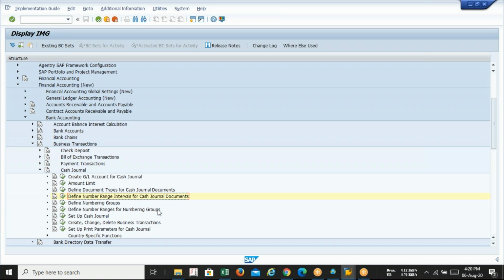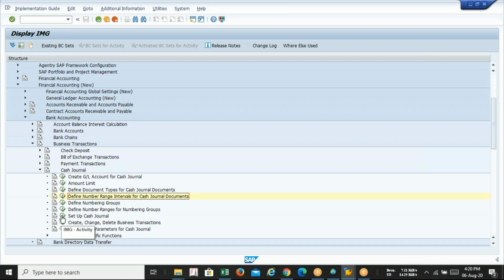Guys, have you understood the step of number range? In the cash journal, no fiscal year will be required. Okay, that's it. So 1, 2 and 3, we have done it.